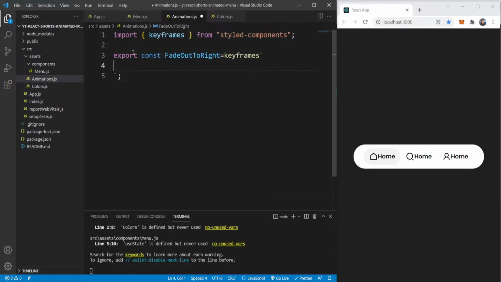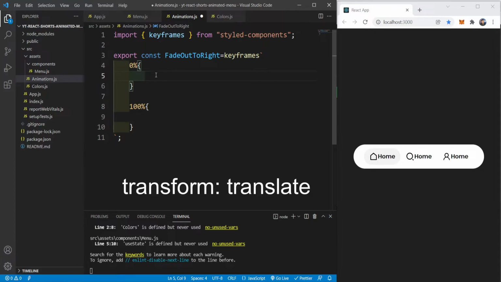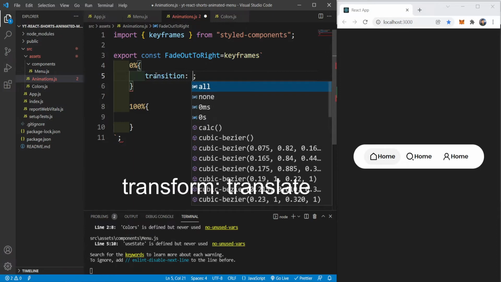And you can go ahead in here and say at 0% do this animation, at 100% do another animation, or other CSS properties, or the styling actually. So you could go ahead and type in, I don't know, 76% and do something over here, but it's a simple transition from 0 to 100%. We don't need a complex transition, so I will say from 0 to 100%. For the animation itself, we need to do some transition. So I will go ahead and say transform translate,